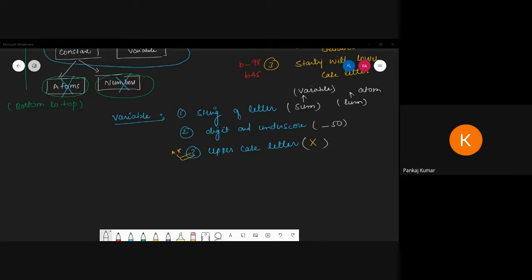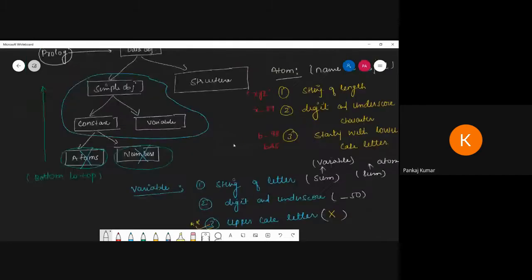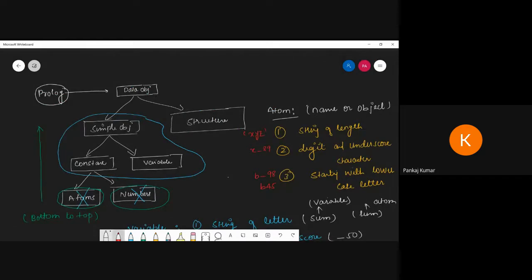Now when we're talking about structures, structures can be defined as rules. Suppose I am talking about this structure. Here I am talking about some rules, which means I'm talking about facts. So how can these rules and facts be described? We can describe them with an example. First we define the relation, and inside that we can write object 1, comma, object 2, comma, up to n, and a full stop.